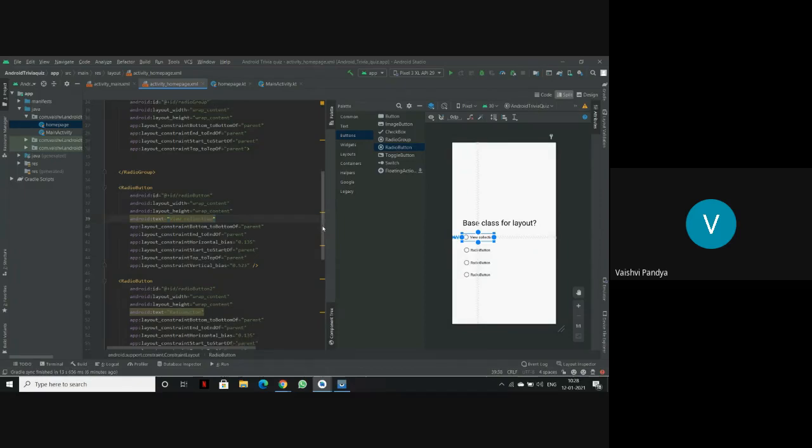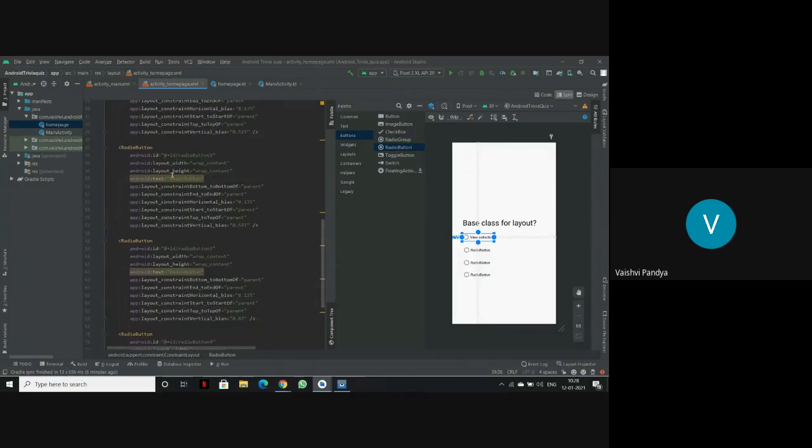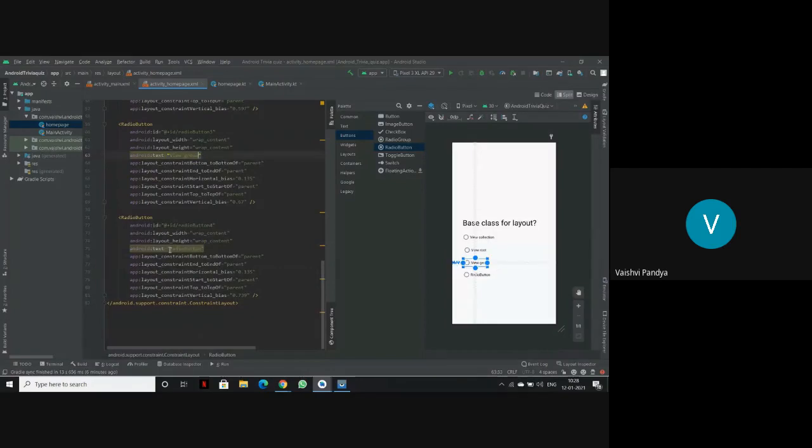Secondly, we'll write view root. Third, we'll write view group. And for the last option, we'll write view set.